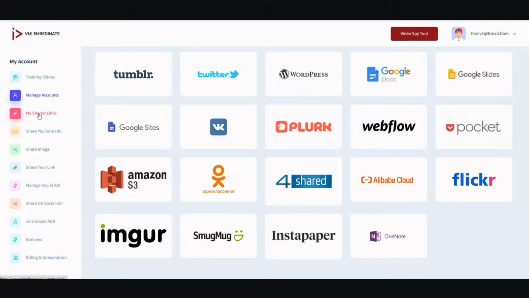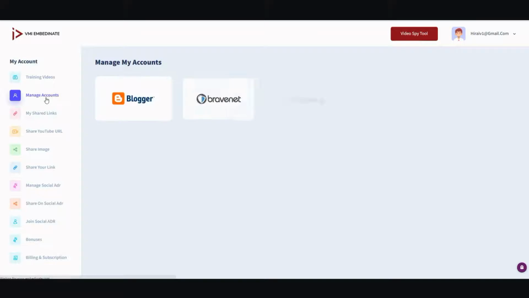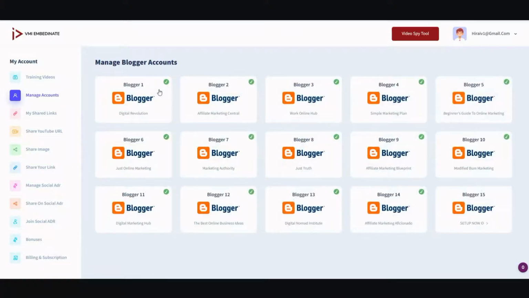Next, underneath the managed account, and once you sign up for everything, is the My Shared link. Actually, let me go over managed accounts real quick. When you go to manage accounts, depending on what account level you have, if you have Pro, I have up to 15 different accounts for a blogger, right? If you have the regular standard version, I think it's less. Maybe it's 10 or 5. I'm not sure. But here's the catch. In my opinion, it doesn't really matter how many extra blogger accounts you can have,